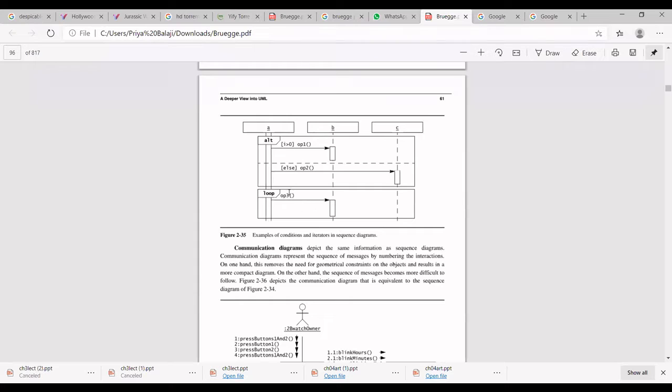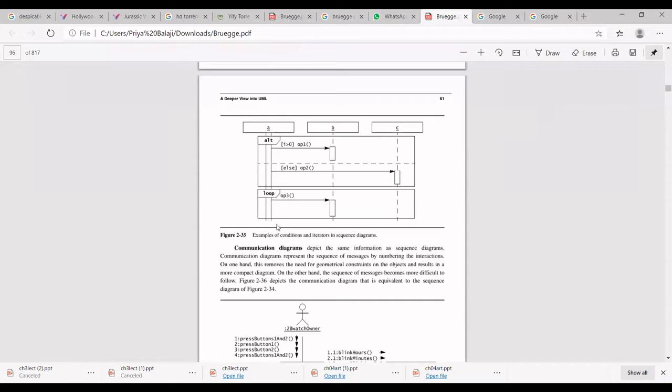Yes, ma'am. So that kind of thing, the looping, can be written in the form of looping operations. If you have alternate conditions other than loops, then you can write them in the form of alternation in the sequence diagram. In the loop condition, you can also write how many times it is going to repeat. N number of times it's going to repeat. Or, say, 2 times it is going to repeat.